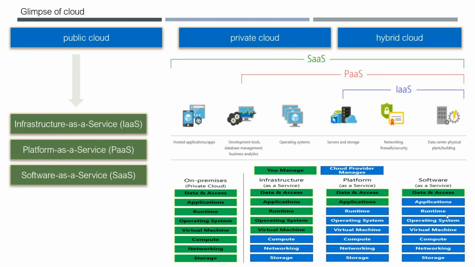That means it doesn't come with any software or applications. It only comes with your operating system and your server. That's it. For platform as a service, a better example is a concept called Azure App Service in Azure cloud. Basically, there are three different ways of deploying your application. You can deploy your application to a physical server, that means in your data center.